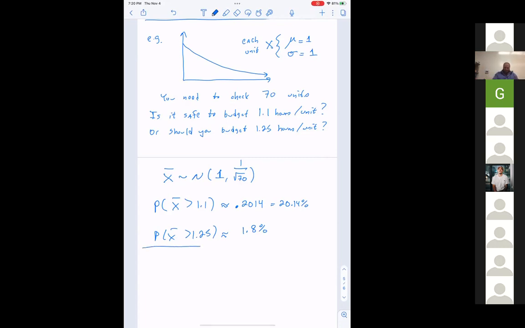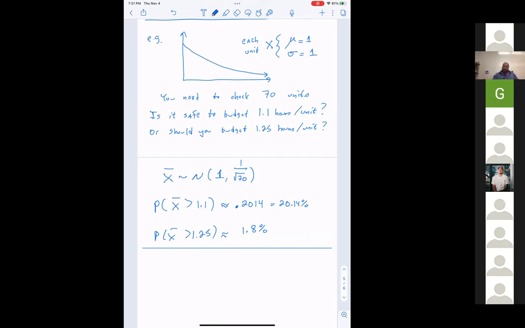Does that make sense? Yeah. I feel like a company would be okay with that just because they're trying to make a profit in a way, and they're trying to cut as much as possible. Right. So 20%, 1 in 5. A little more time than that, even though 80% of the time you'd be fine, but the other 20%, not so much. 2%, I think even I would be okay with 2%.